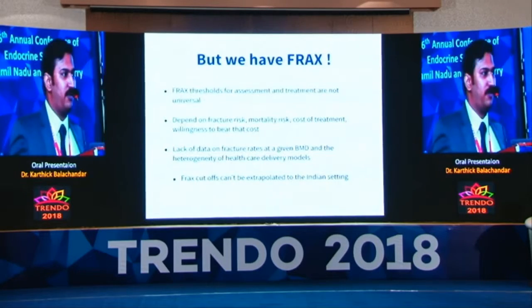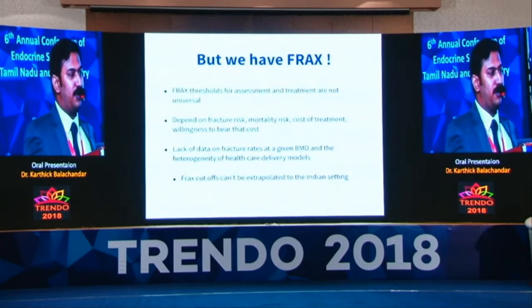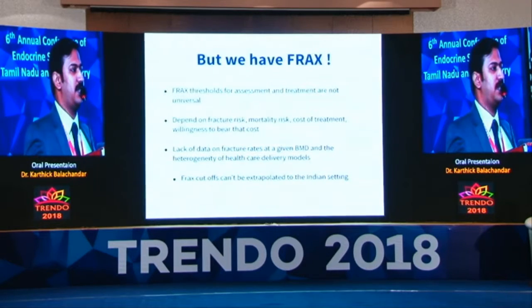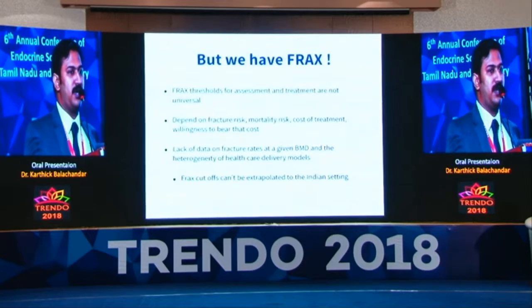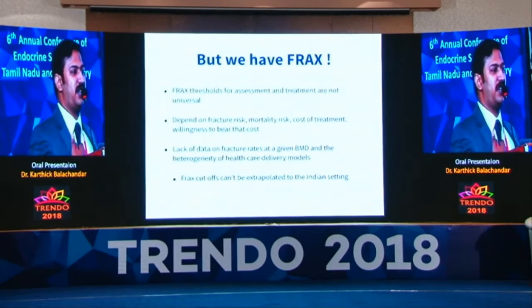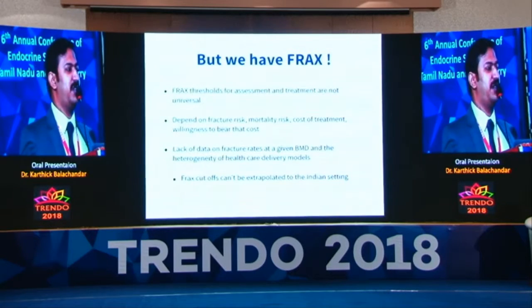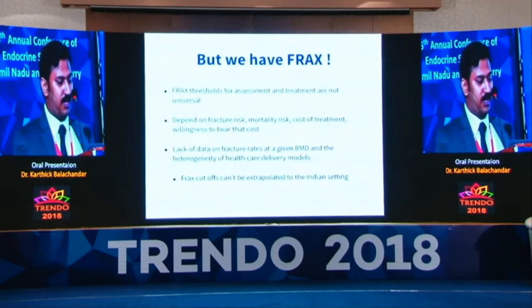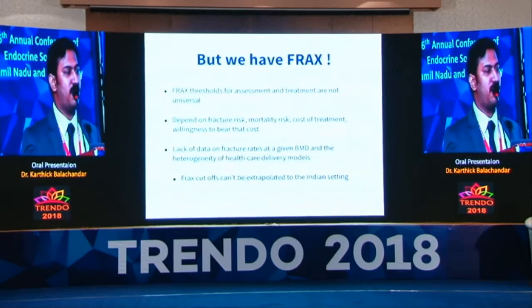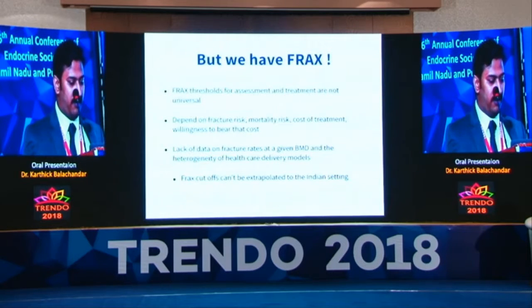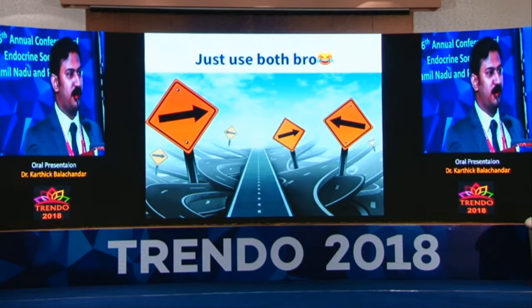But you might think we have FRAX for this issue. Unfortunately, FRAX thresholds for assessment and treatment are not universal. FRAX is basically a risk score. It tells you this is the risk of fracture. But you and I might perceive risk differently. For example, I might drive at 40 kilometers per hour and be very happy with it. You may not be happy with that. FRAX thresholds for assessment and treatment are dependent on fracture risk, mortality risk, cost of treatment, willingness to bear that cost, and a host of other factors that cannot be universal between the US or UK and India. This lack of fracture data at any given BMD and the heterogeneity in healthcare models make FRAX cutoffs that cannot be extrapolated to the Indian setting. So you might think you can use both, but it's a little more complicated than that,